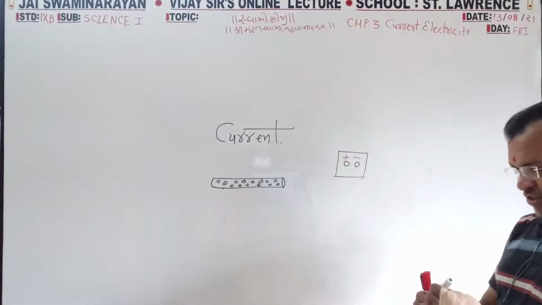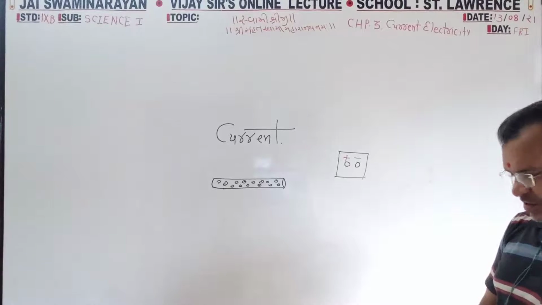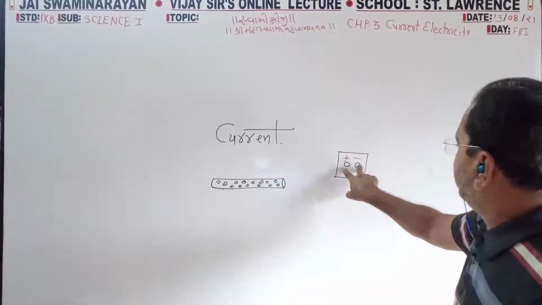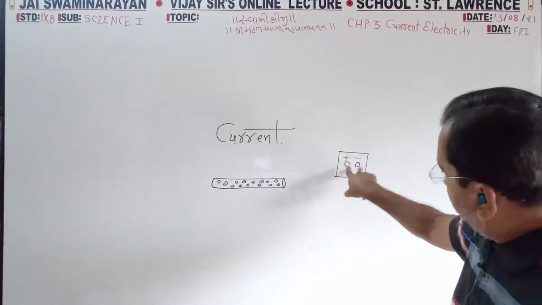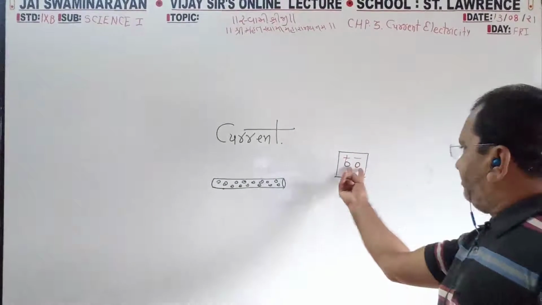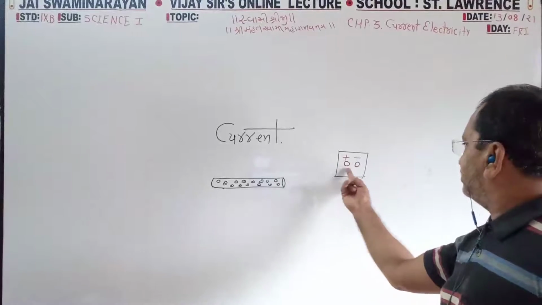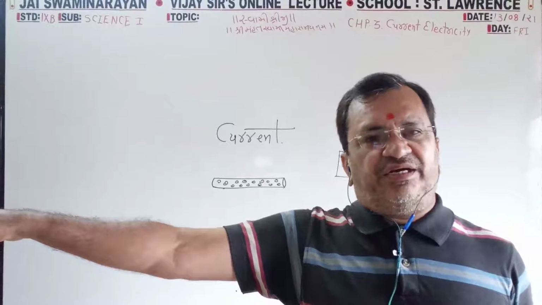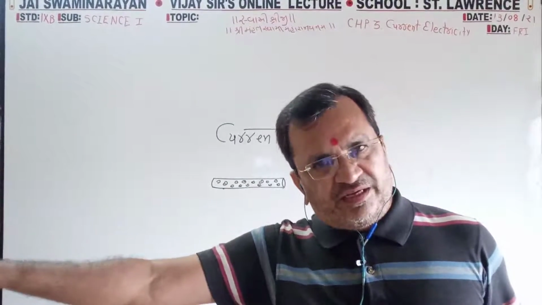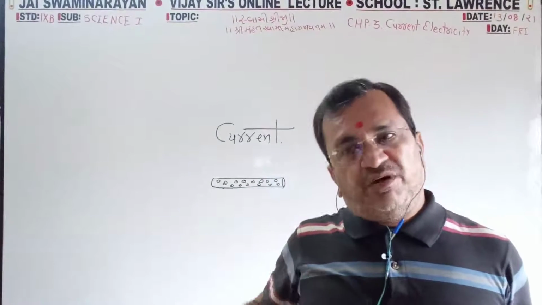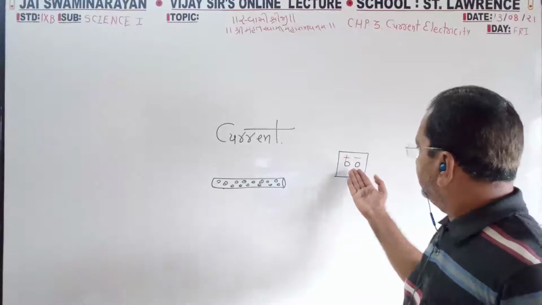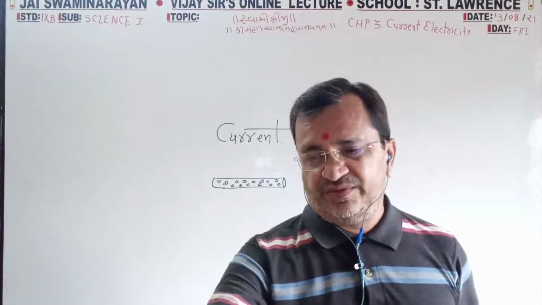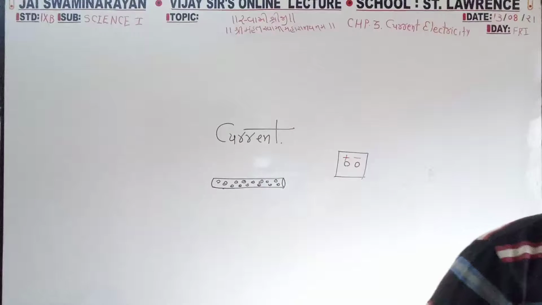Correct. So with the 2 pin plug, when we put this in, this end will be positive, this end will be negative. Remove and again put the pin, so now this will be positive, this will be negative. So there is no positive or negative in the conducting wire of the cable of this TV, but there is positive and negative in the board itself, in the circuit itself. So flow is required.